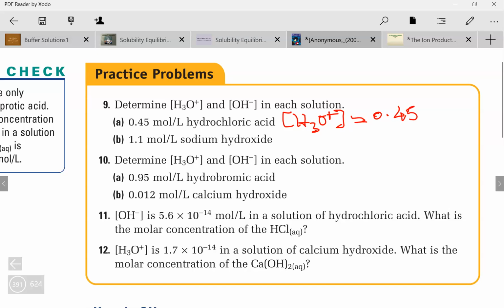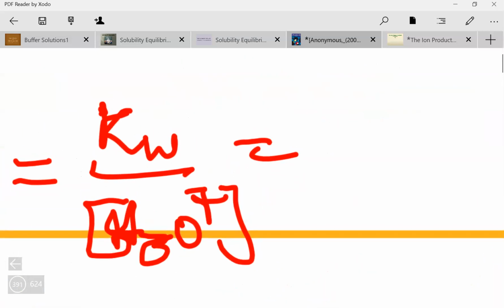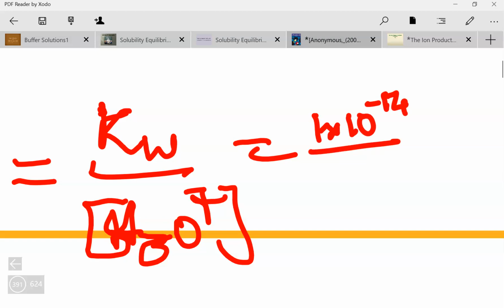Our concentration of OH minus, I'm going to do that up here, will then be KW divided by H3O plus concentration. 1 times 10 to the power of negative 14 divided by 0.45,